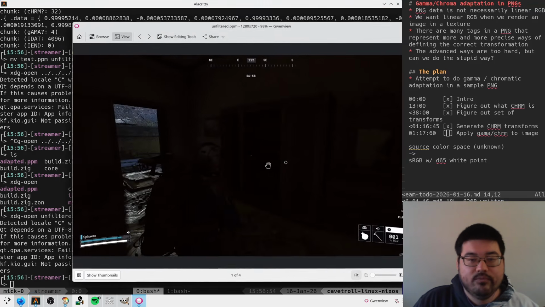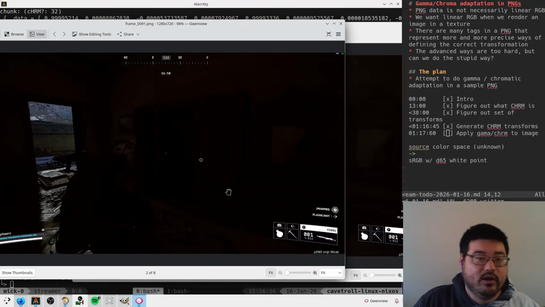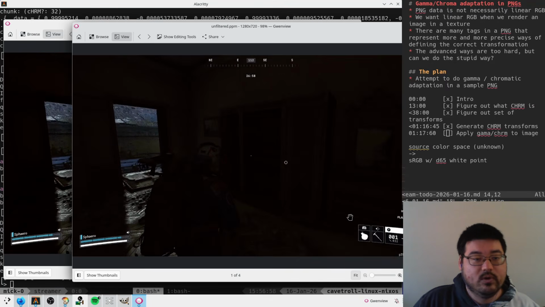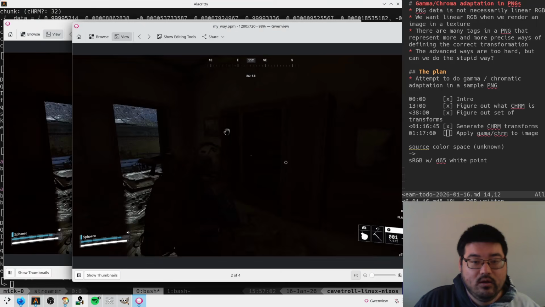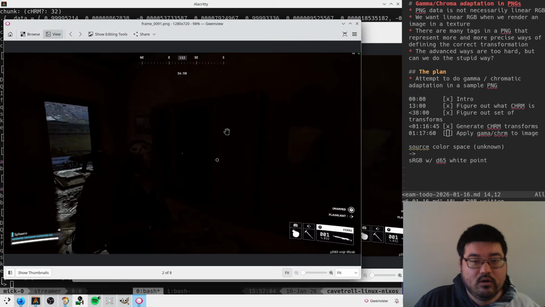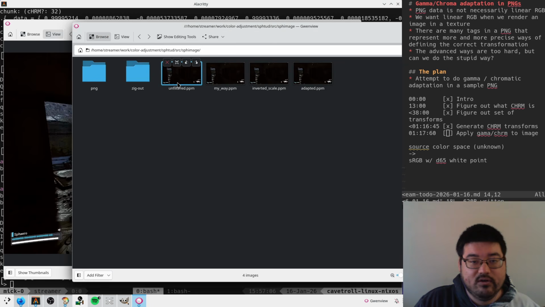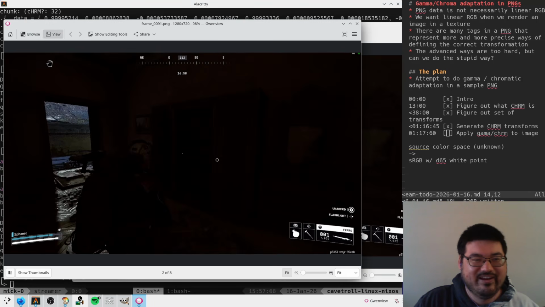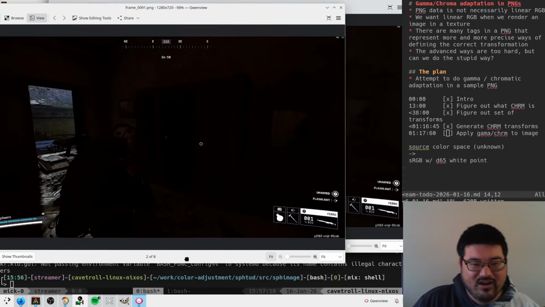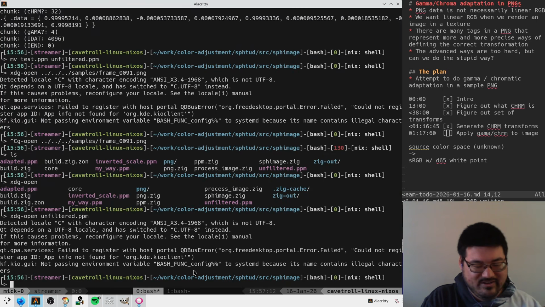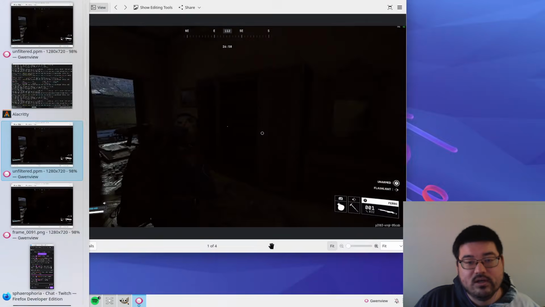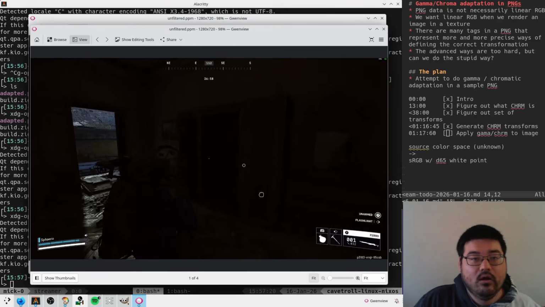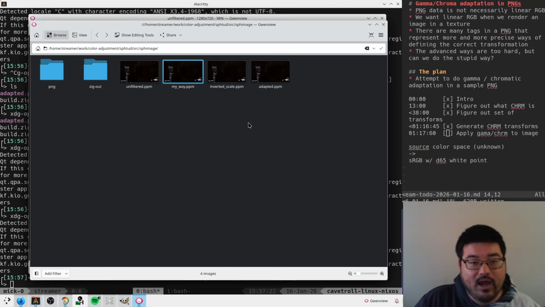Unfiltered PPM. Okay. So this is what Gwenview thinks it should look like. This is what ours looks like by default. My way, versus unfiltered. So, we need another comparison. XGG open unfiltered. Okay. So this is what the data looks like with no filtering. These are both unfiltered. So my way,